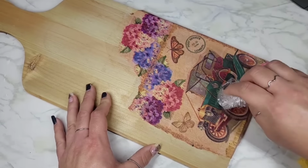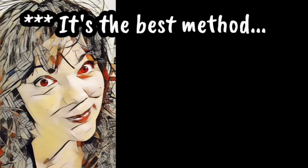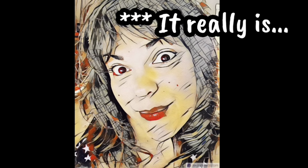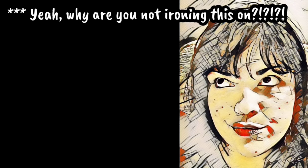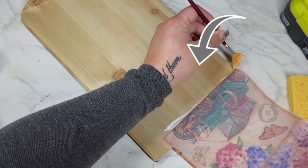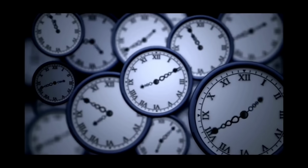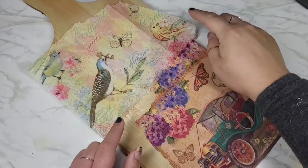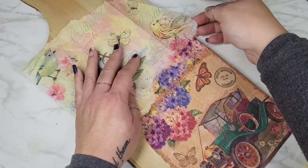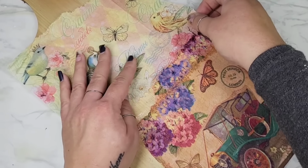smoothing it out. And before I get the iron-on method people of the world talking about how that is the best way to get the most wrinkle-free application, you are so right. It absolutely is. But I talk about this a lot in my content. Doing it this way is quickest for me because I have to make content for you. The iron-on method requires drying and waiting and waiting. With this, since I'm applying such a thin layer, it dries really quickly and I can continue making whatever I'm